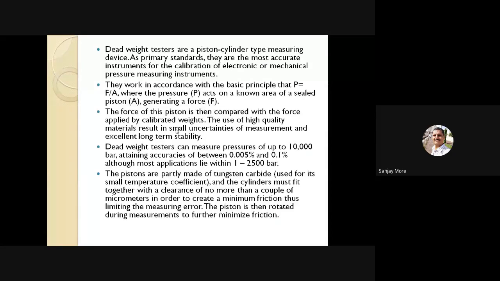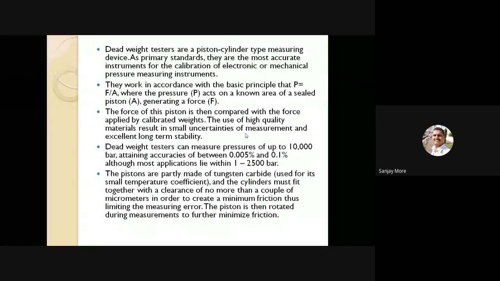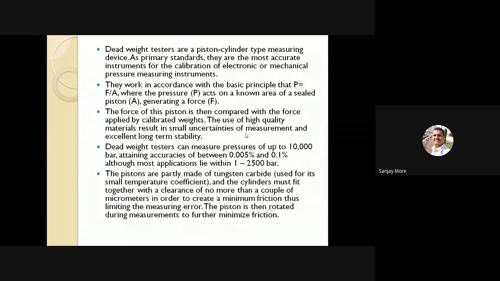Okay. So the force of the piston is compared with the force applied by the calibrated weight. The use of high quality material results in small uncertainties of measurement and excellent long-term stability. This tester measures pressure up to 10,000 bar, attaining accuracies of 0.005% to 0.1%, although most applications lie within 1 to 2,500